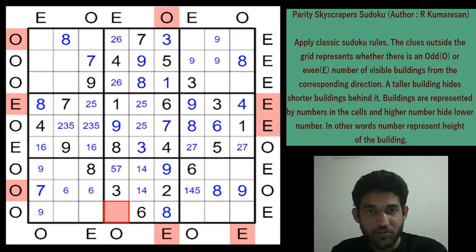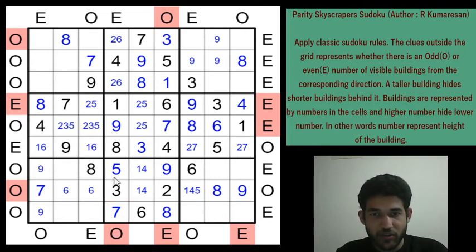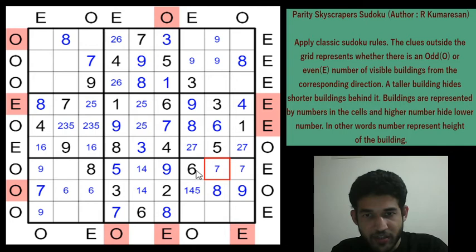Absolutely beautiful Sudoku, guys. Definitely a hard one. Very, very good deductions. So we are satisfying this clue now. So 7 is going to be here. And because of the 7 here and 7 here, we will get the 7 using the classic rule in one of these two cells. And that immediately shows us that 7 cannot be here, right? Because 8 is hidden behind the 9 in the row 7 direction.